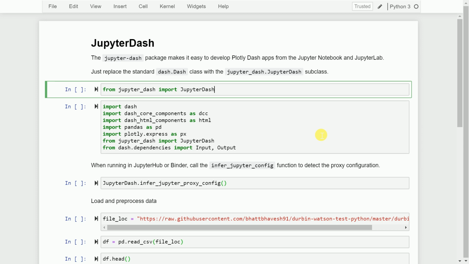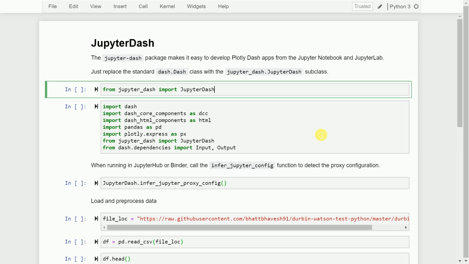If you've ever created dynamic dashboards or visualizations using Python, then I'm pretty sure 9 out of 10 people would have used Plotly Dash applications for this task. Out of all the million advantages that Plotly Dash applications give you while creating dynamic reports or dashboards, the one drawback is the very little integration that it has with Jupyter Notebooks or Jupyter Labs. Essentially, when you have to create a Plotly Dash application, you would have to run a Flask-based application.